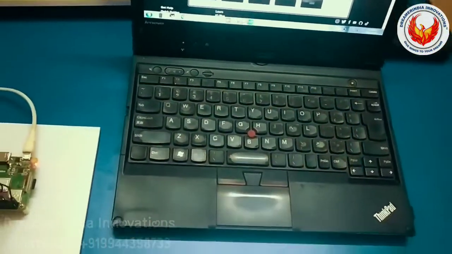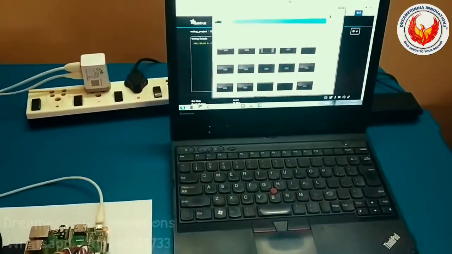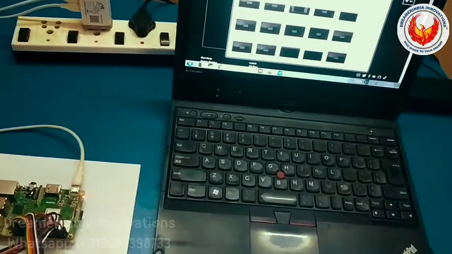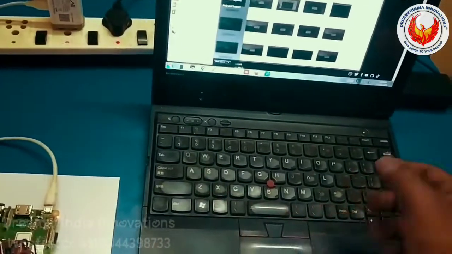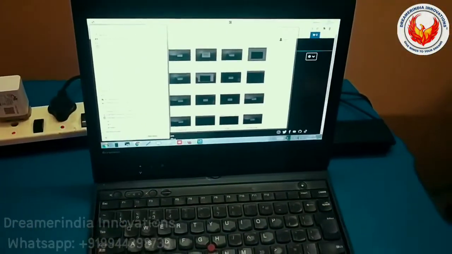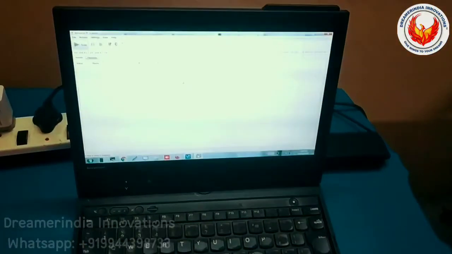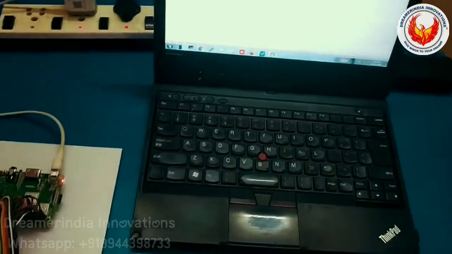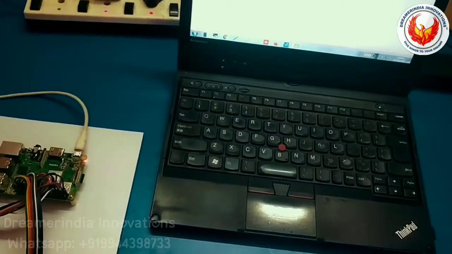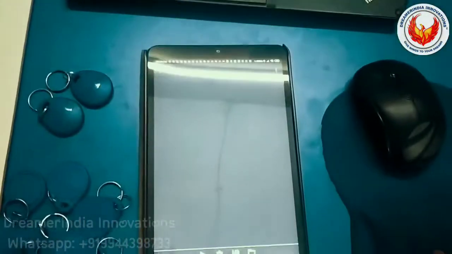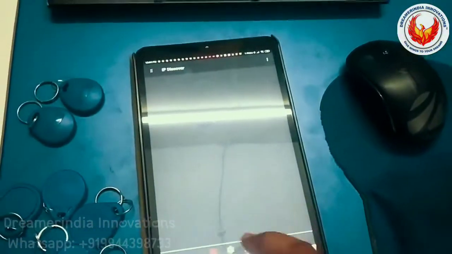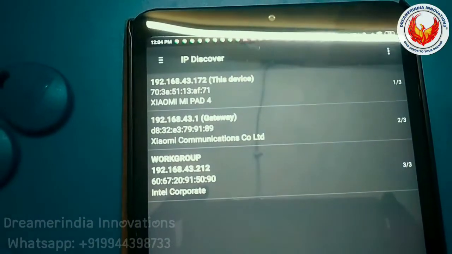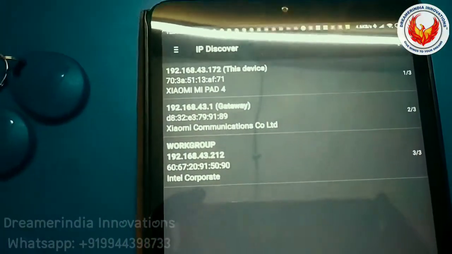So this is the IP address of the Raspberry Pi, which can be detected by using a network utility software in the mobile application or by using the advanced IP scanner in the PC application. You can use either the advanced IP scanner software in the PC, or the network utility software in the mobile phone. Okay, so it will show the IP address. Just scanning here. This tab is also connected to the same network so that you can get the IP.